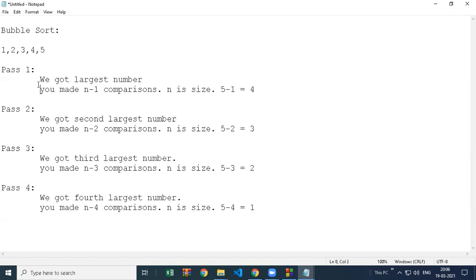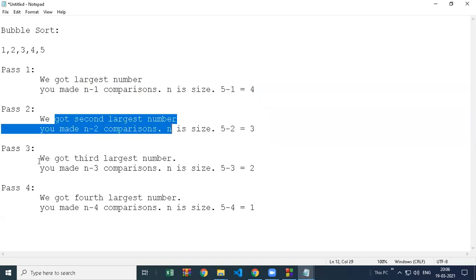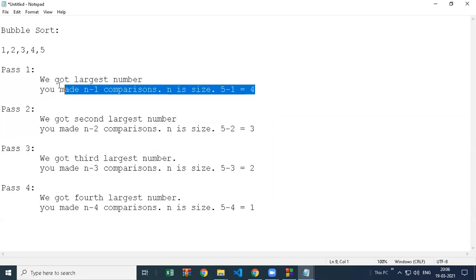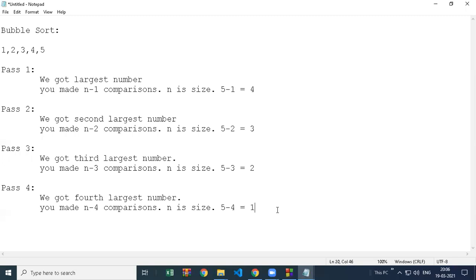So this is how bubble sort is created. In each pass it guarantees you the largest number: first the largest, then the second largest, third largest, fourth largest, and so on. You will make multiple comparisons, depending on how many values you have. If you have more values, it will make more passes. But in each pass the comparisons decrease, and the total number of passes is also fixed. The total number of passes is n minus 1, meaning size minus 1. That is 5 minus 1, so you have to make 4 passes. It is fixed.